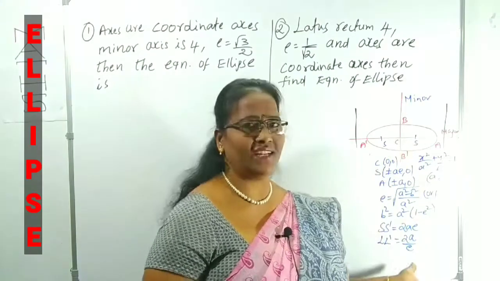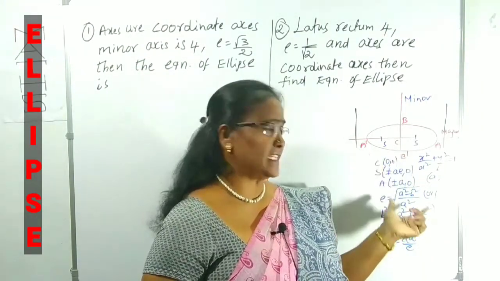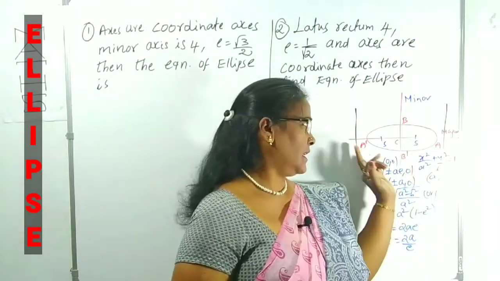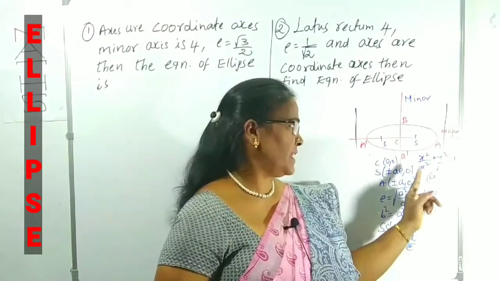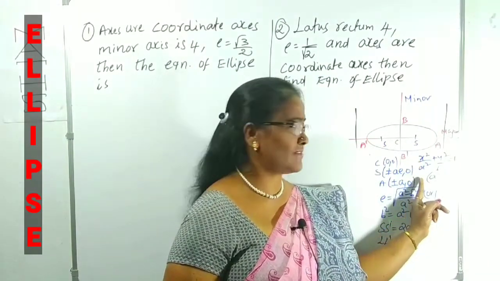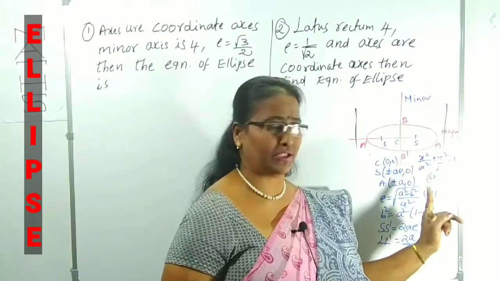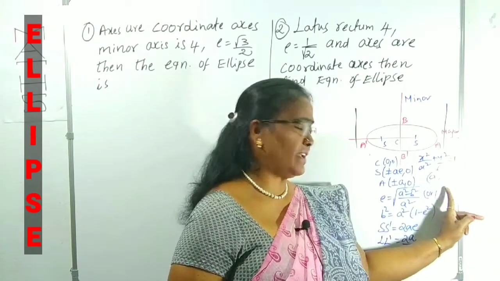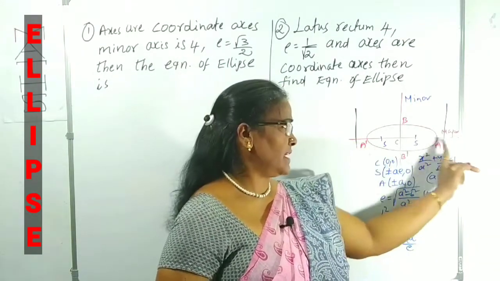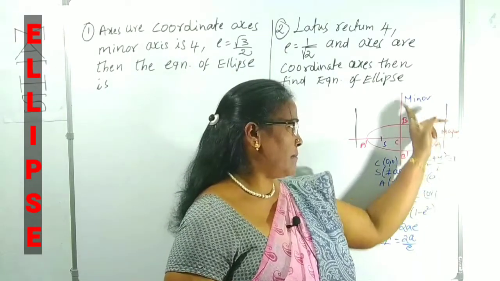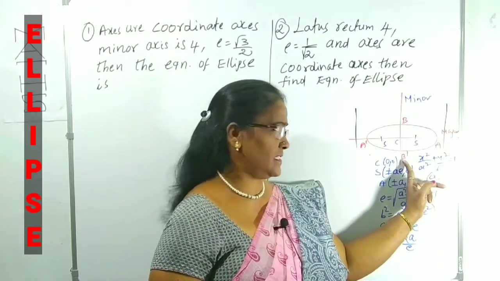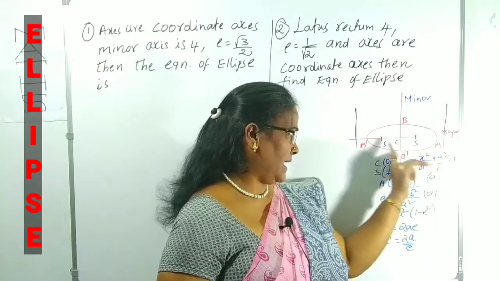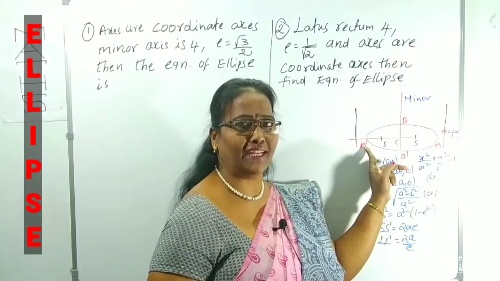Now I have briefly written it here. One of the standard equations of the ellipse I have written, and I have drawn the figure also. The equation of the ellipse is in the form x square by a square plus y square by b square equals 1. In case of a greater than b, the major axis is along the x-axis, the minor axis along the y-axis, and you know clearly that A and A dash are the vertices of the ellipse.